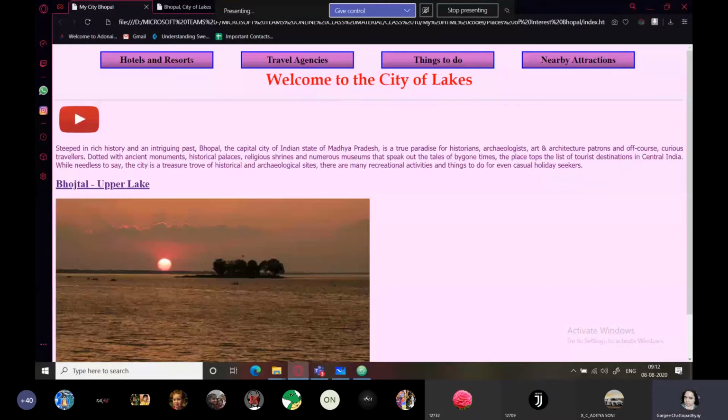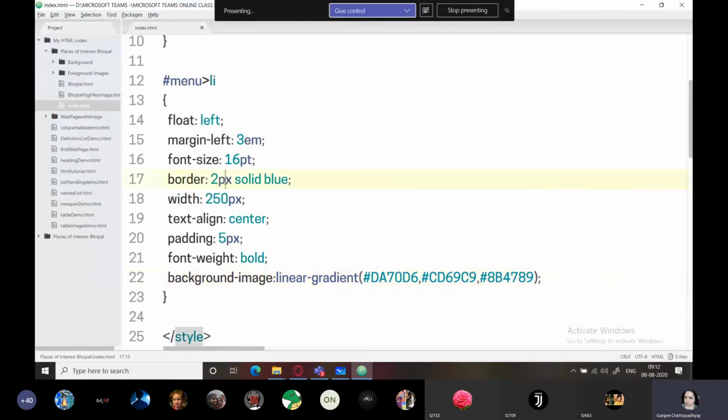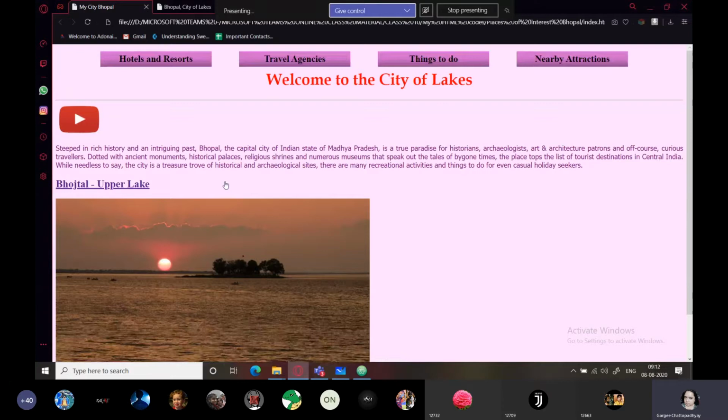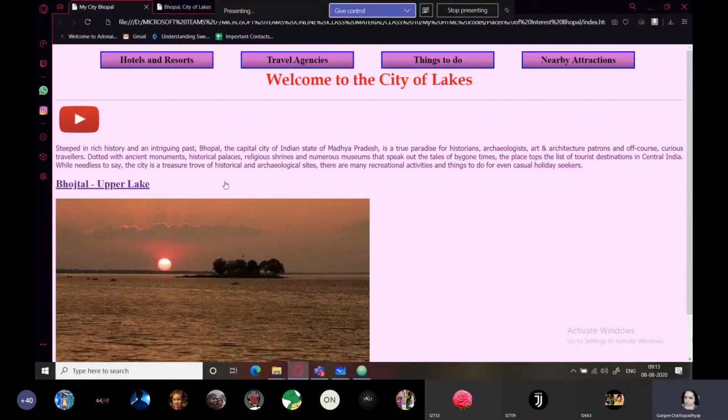Now you can see how it appears. So you get a kind of a 3D effect on your buttons. And now I'll try to remove the border from there because the border is not looking good. So I have removed the border, and we will just press F5 and we can see it's like this. Okay, if you want, you can keep the border. I'm keeping the border right now because already you should know how to work on it. So we have the border over here. You can change the border color if you want.